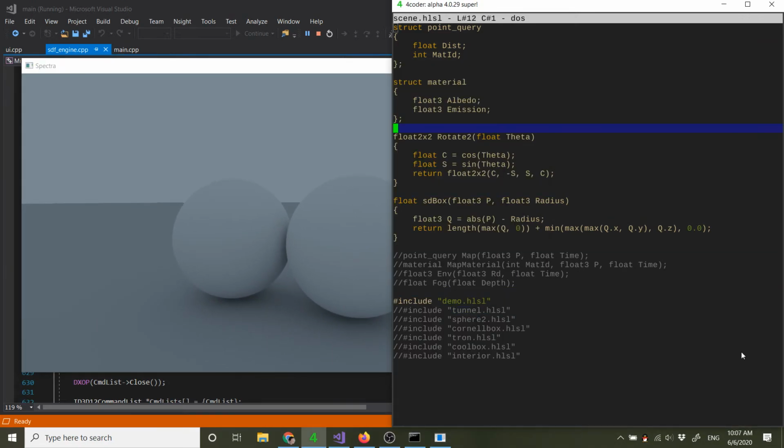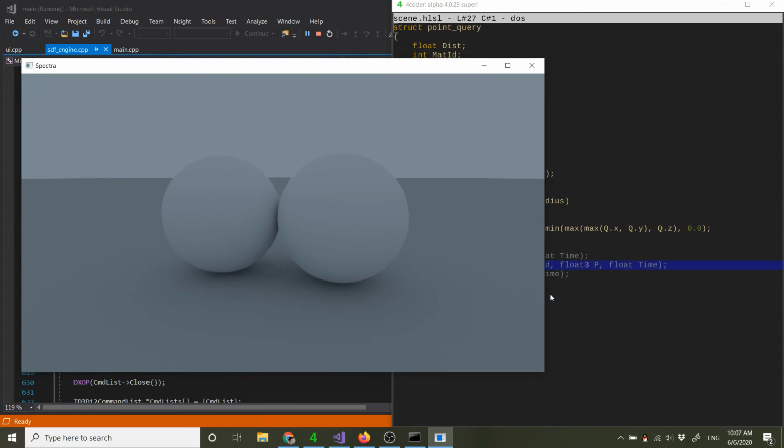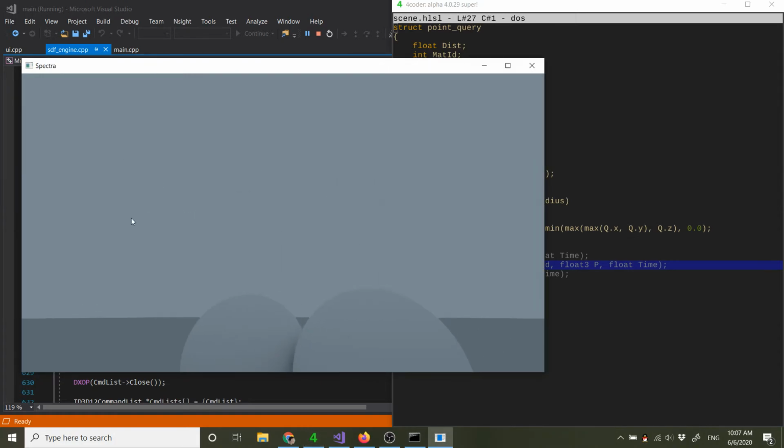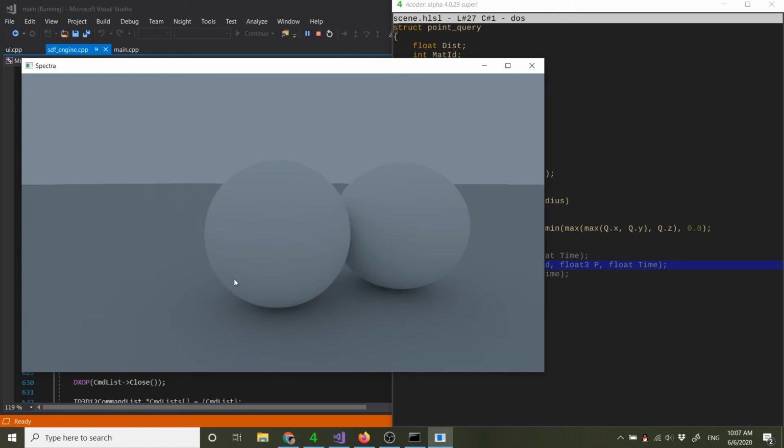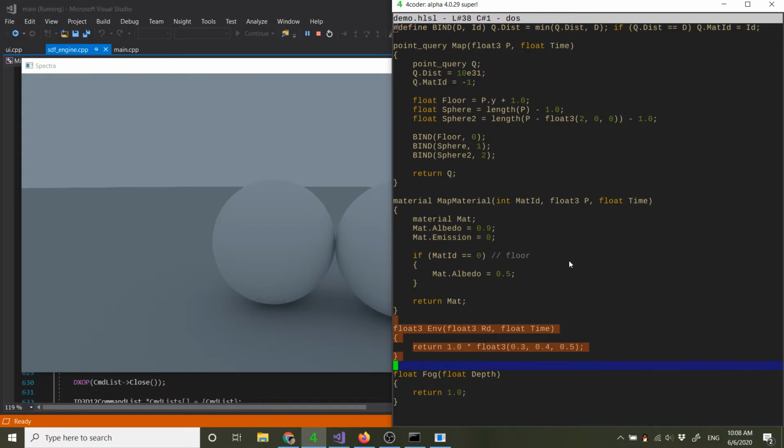Okay, so the thing is, right now in the application, the only way to have a light source is either to define an emission on the surface of the geometry, or use environment light, which is not a ton too interesting. Well, you could implement directional light with an environment light source, right? So in the demo environment, you can see I have a ray direction passed in. So we could say, okay,